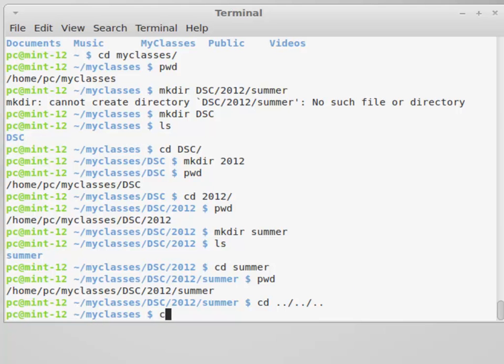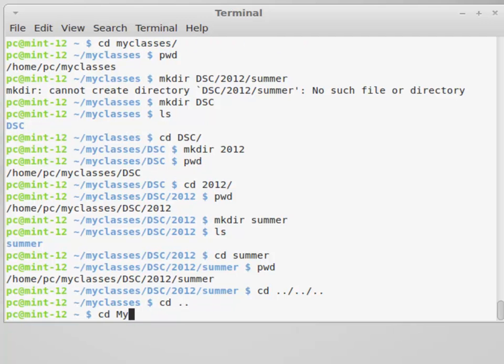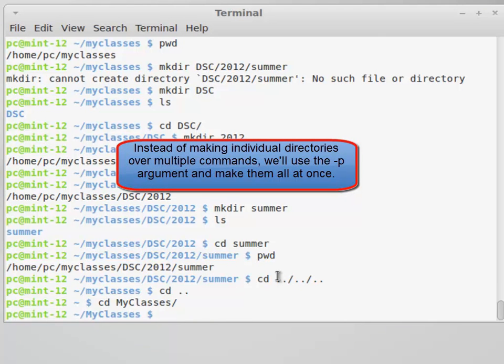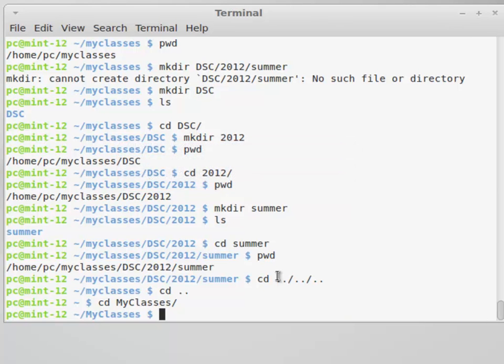Okay, in fact, let's go up one more, and let's go to cd my classes. And let's create the same structure as we saw up here, DSC 2012 summer. And so now you should be following along with me. You should have your MintVM open, and you should be doing the exact same things I'm doing. If you need to, pause the video after I run it so you can mimic what I'm doing. So mkdir, and remember the -p made the parents. So what that's saying is I want to make this summer, but if DSC and 2012 don't exist, go ahead and make those too. So DSC